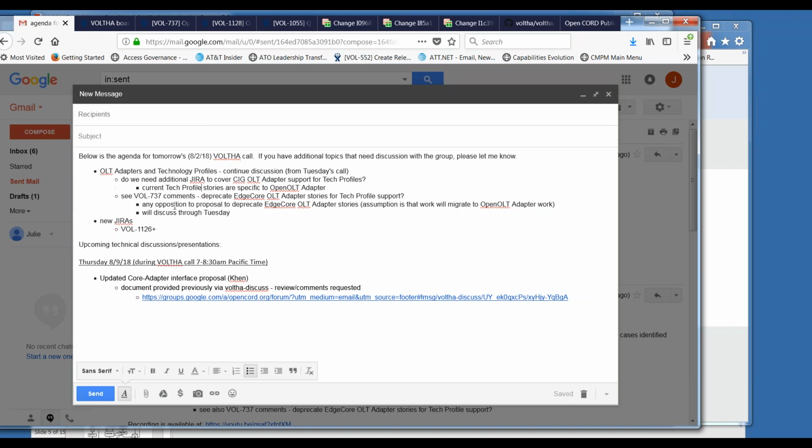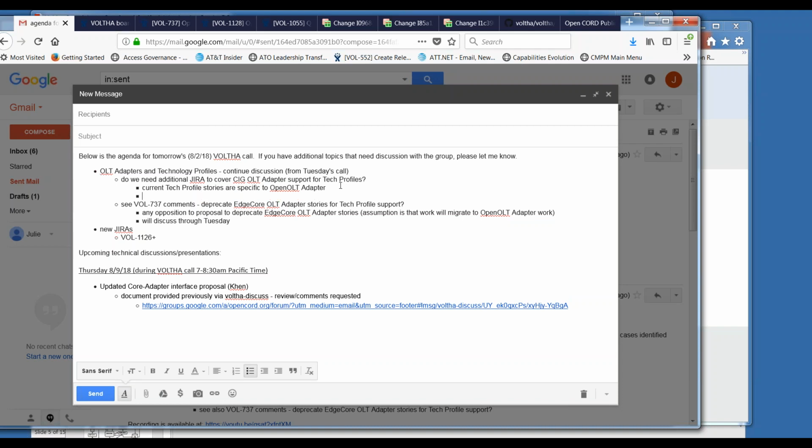So yeah, I just discussed it with Chip this week about the OpenOLT. So is this the target, that in the future the OpenOLT adapter will be used throughout all the existing OLTs?